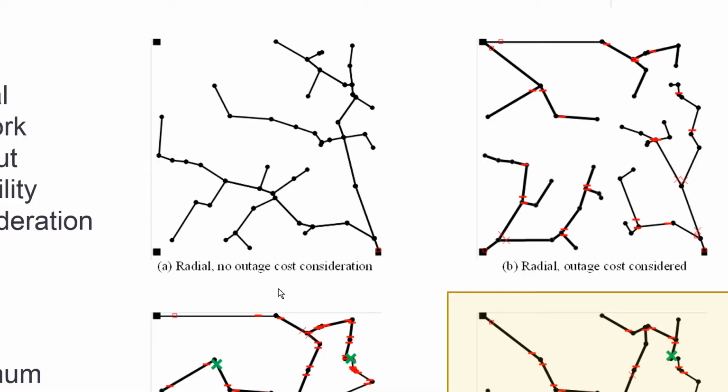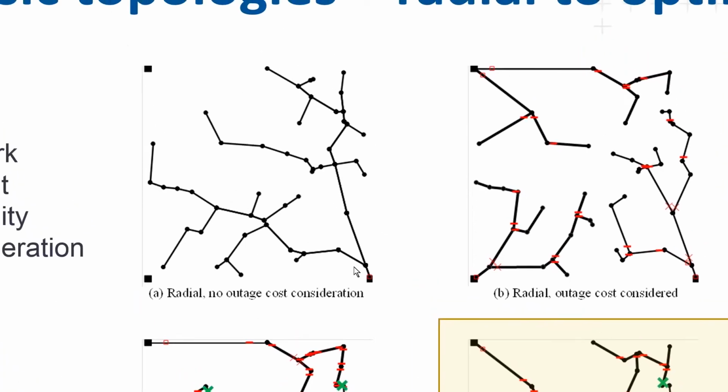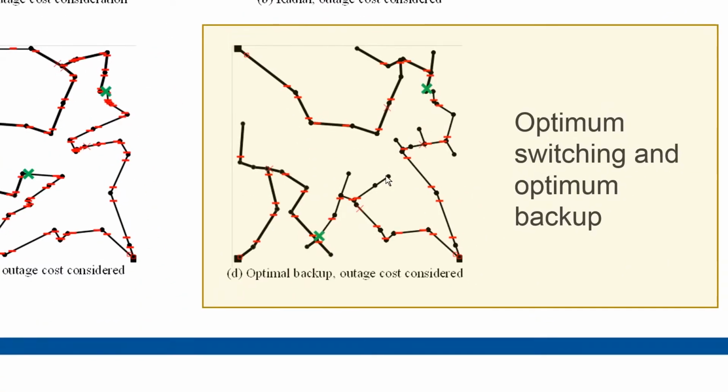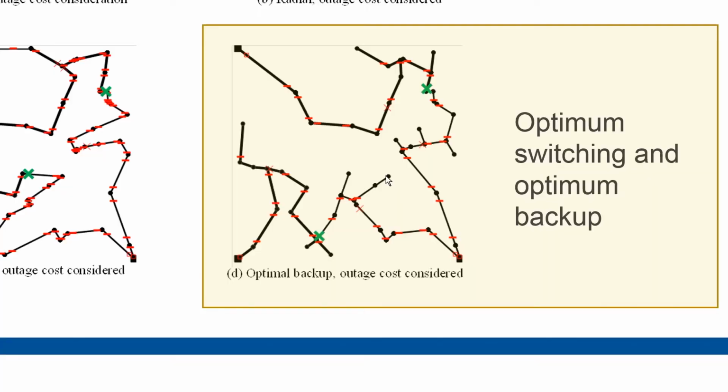Many of the optimization algorithms that I've seen in the literature only do something like this. You can get a network of minimum construction cost with it, but to be able to really plan a network that is fully taking into account all of the drivers that are really taken into account in network planning, you should come up with something like this. Our way of doing it is involving this outage cost in the optimization, and with that we can find a balance between optimally backing up certain parts of the network and then leaving some less critical customers and some costly locations outside of the backup.